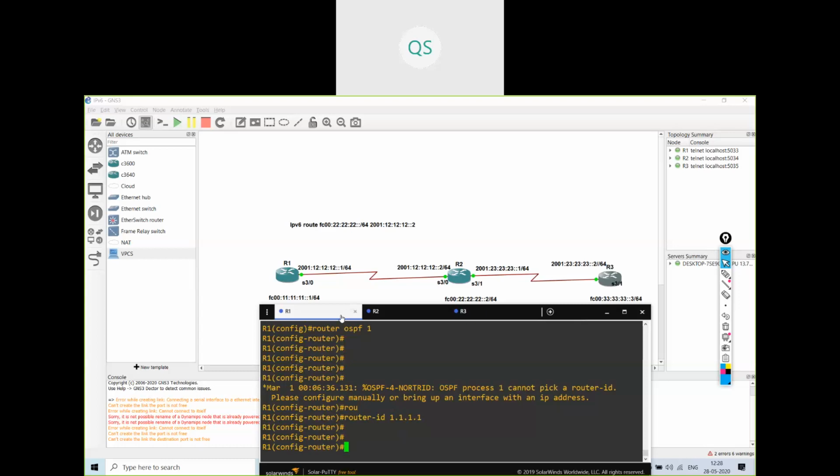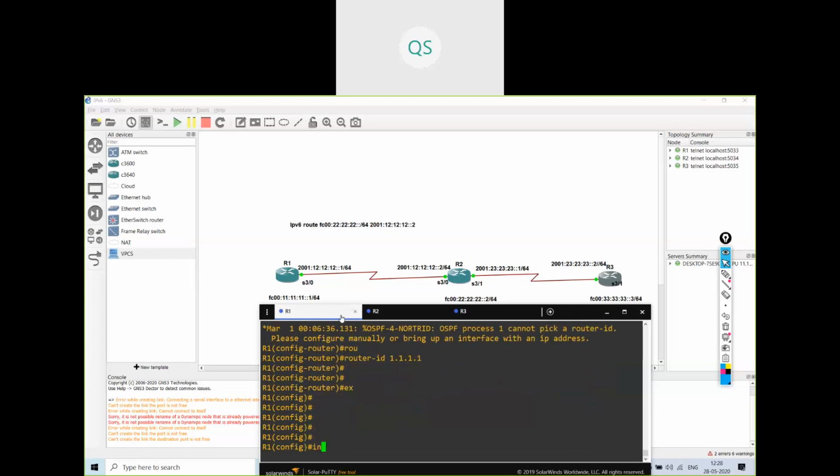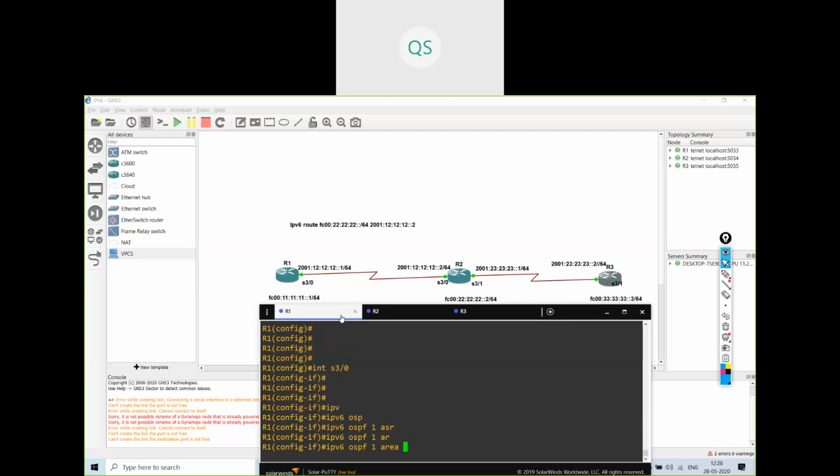I will exit. Interface serial 3/0, ipv6 ospf 1 area 0. Exit.